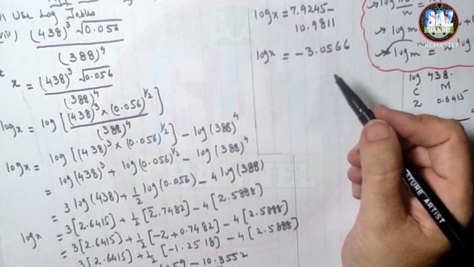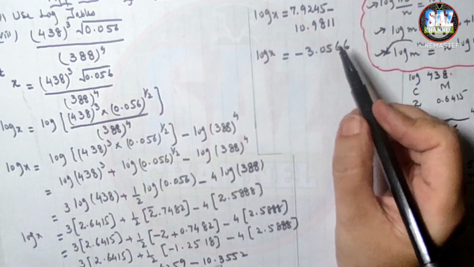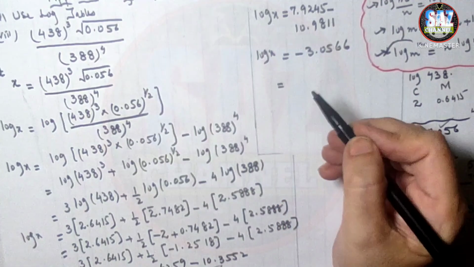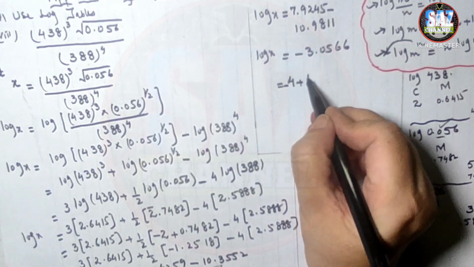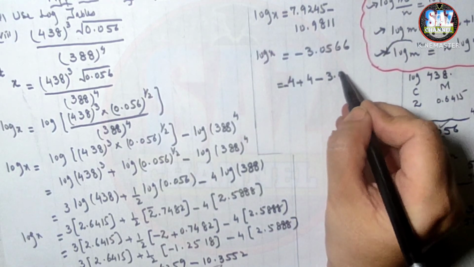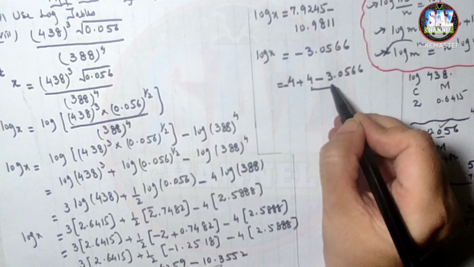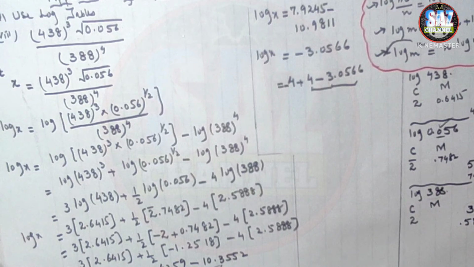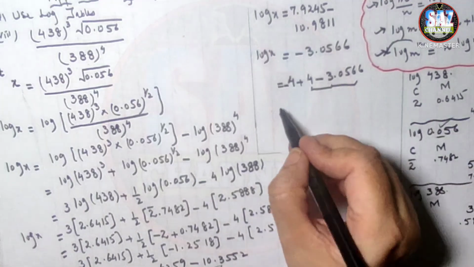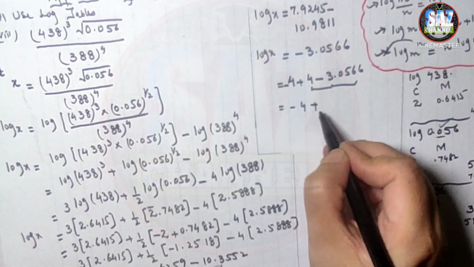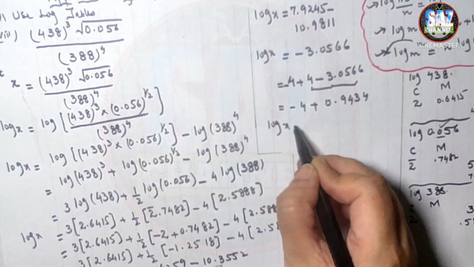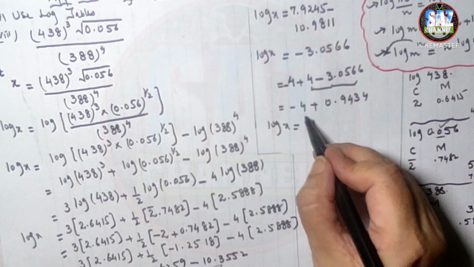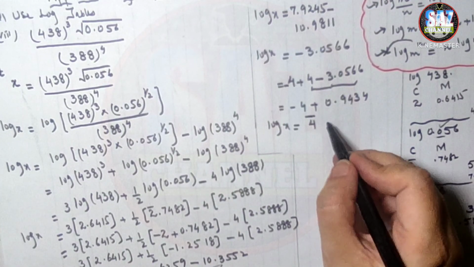Again we are getting the negative answer. So in order to make my mantissa part, my decimal part, positive, I have to add and subtract the nearest whole number, like minus 4 plus 4 minus 3.0566, and this will make my mantissa part positive. And then I have to subtract 4 from this, and this gives me minus 4 plus 0.9434. So log of x can take the form 4 bar, because we have to write the negative characteristic in the form 4 bar